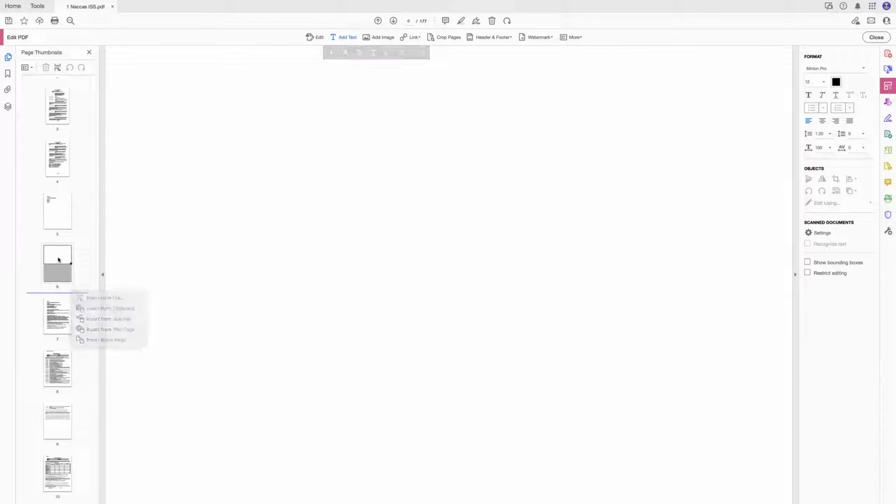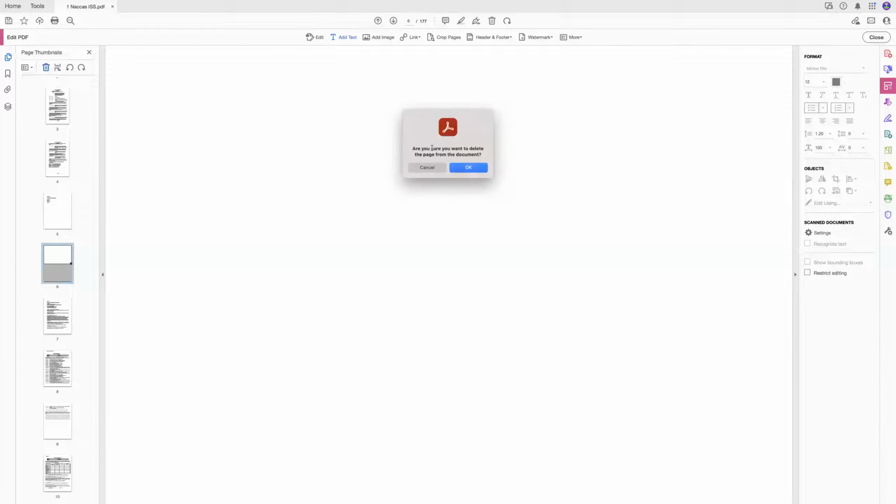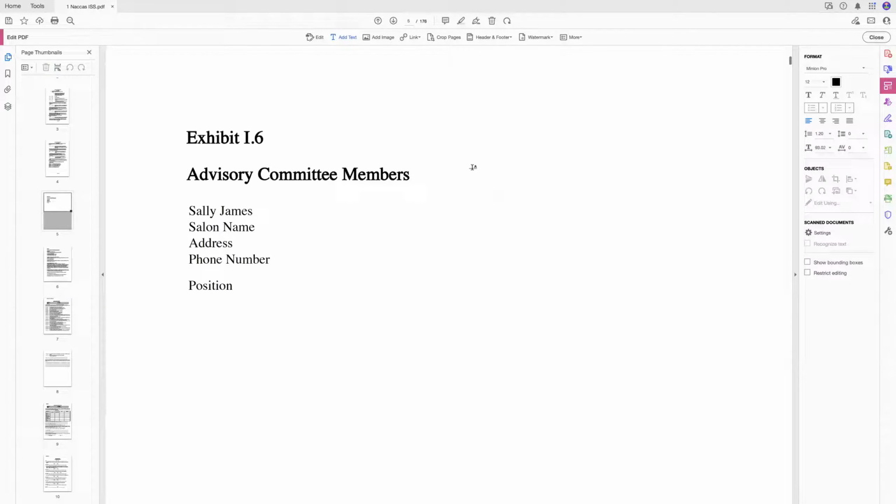If we want to delete the page, click on it, highlight it in blue, come up here to the trash can, click, delete that page. Now, imagine if the advisory committee member, one of your team members, emailed it to you and you downloaded it to your computer. I'm going to show you how to upload documents. So now what we're going to do,